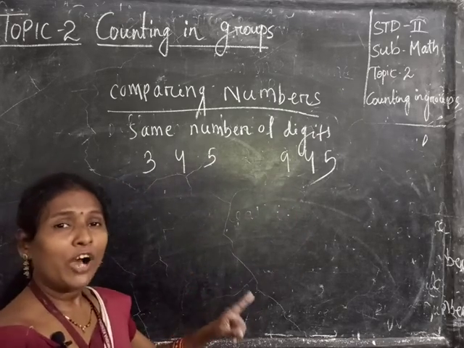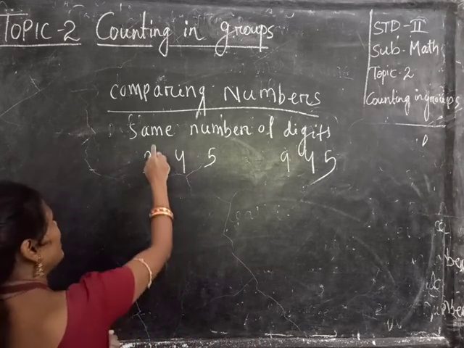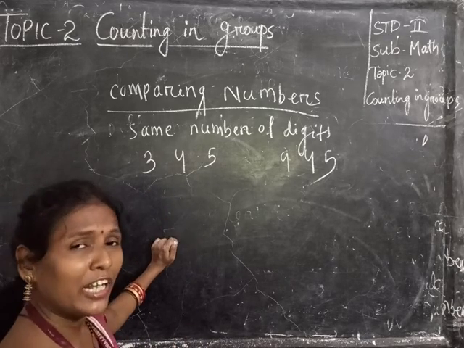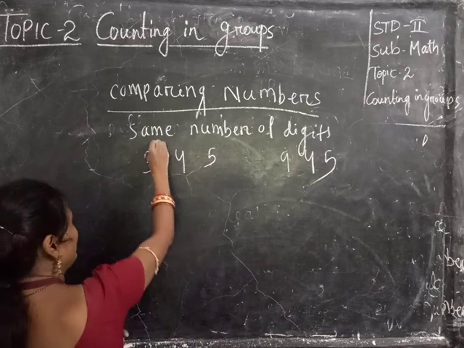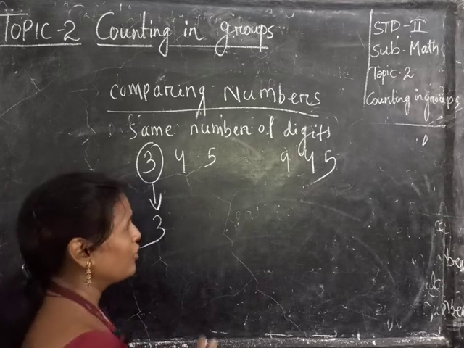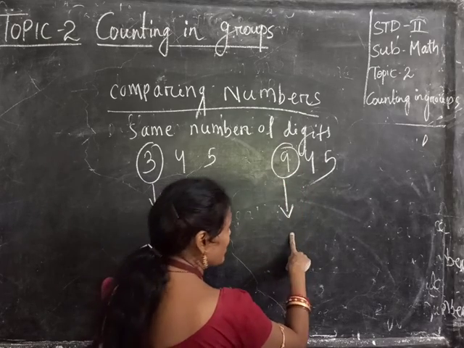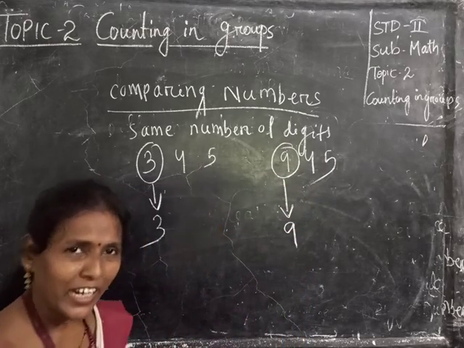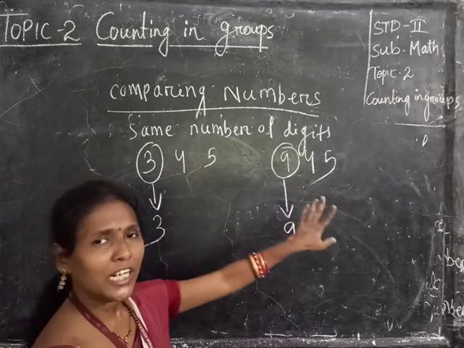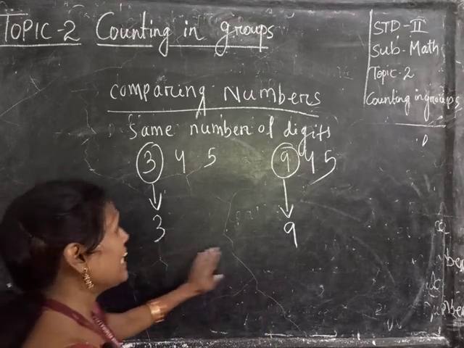So first our rule is we have to see the 100 place first, right? 100 place. So tell me students, in the left hand side which digit is there, means in your 100 place? 3. Yes, you just put arrow mark and bring 3 down, right? And in this number, which one is in the 100 place? 9, right? Because the other 2 digits are same, so nothing necessary, you don't have to make it so much confusion. So here is 3 and here is 9.